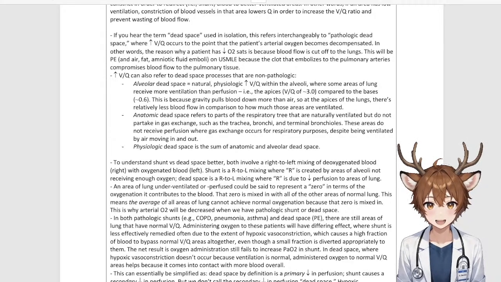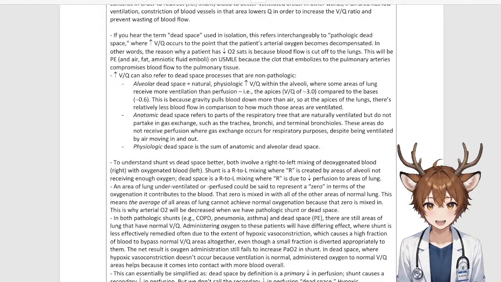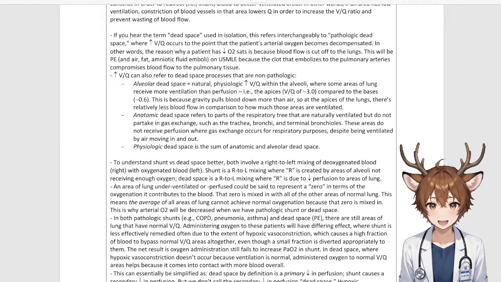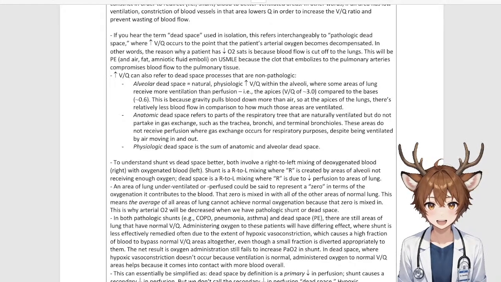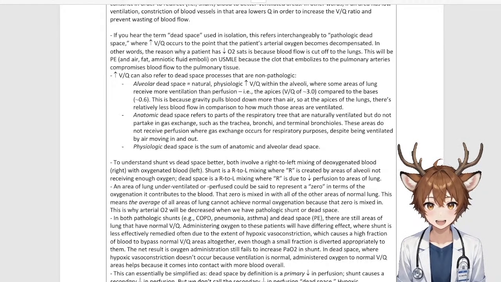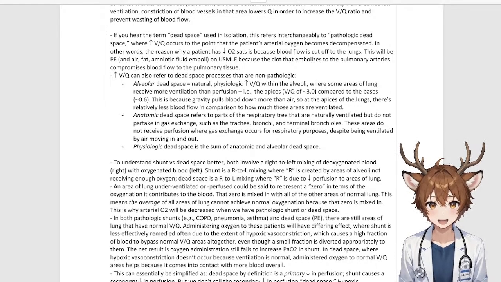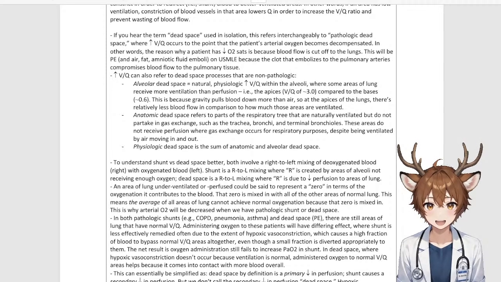To understand shunt versus dead space, both involve a right-to-left mixing of deoxygenated blood (right) with oxygenated blood (left). The shunt is a right-to-left mixing where the right is created by areas of alveoli not receiving enough oxygen. Dead space is right-to-left mixing where the right is due to decreased perfusion to areas of the lung. An area of the lung underventilated or underperfused could be said to represent a zero in terms of the oxygenation